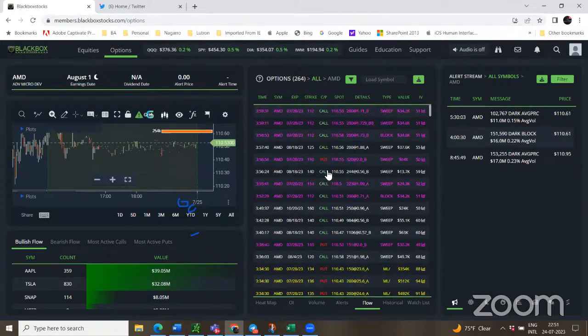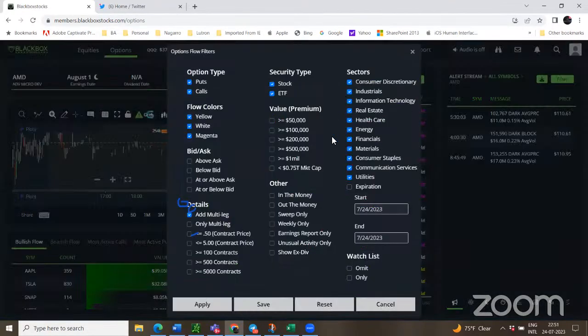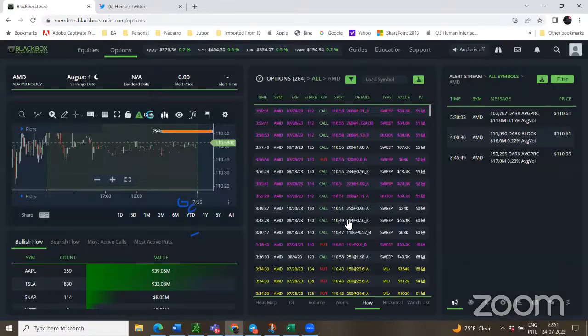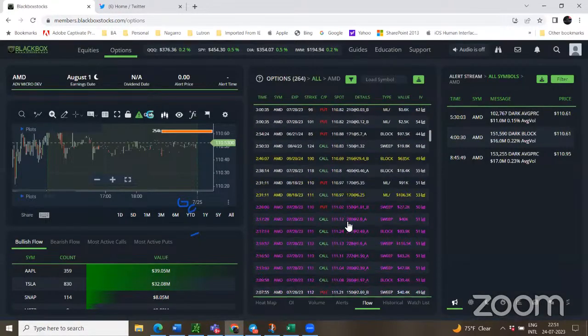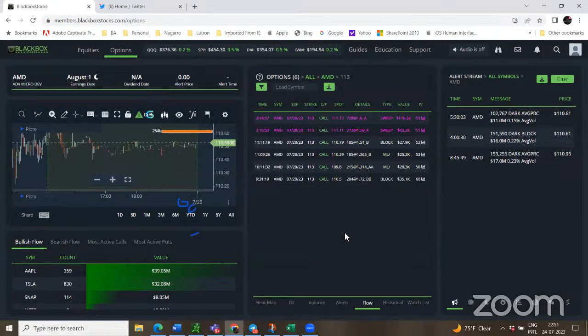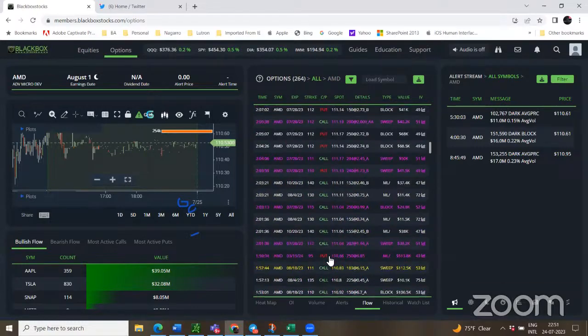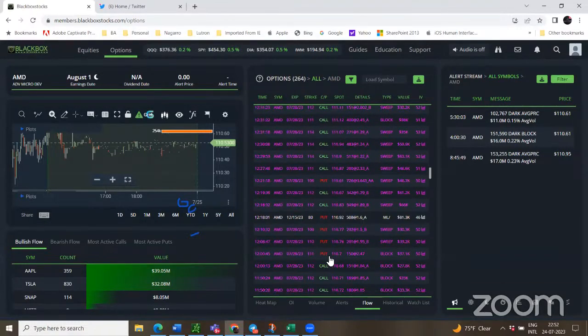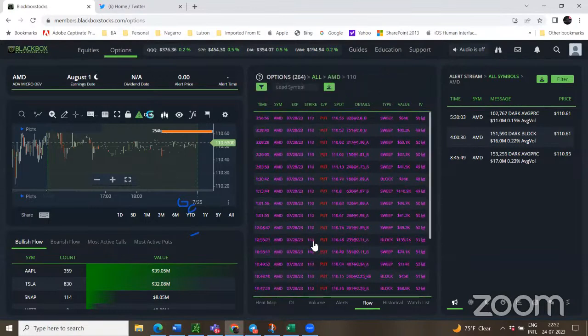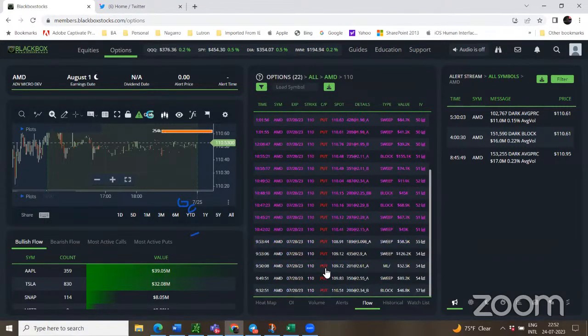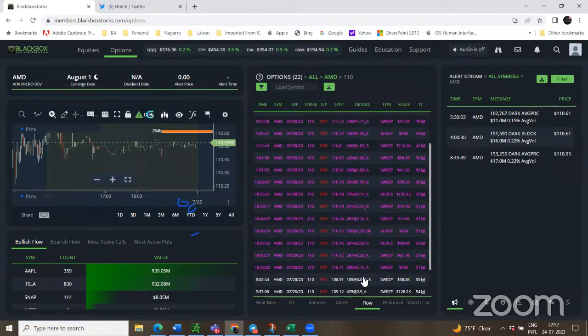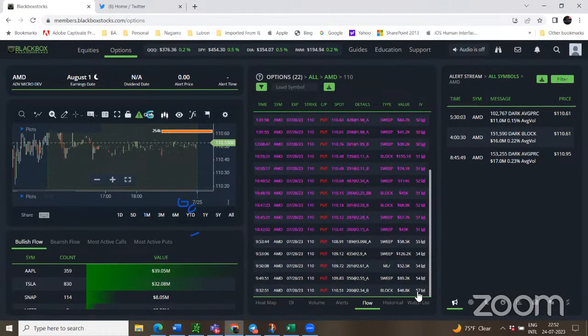Anything above 113 calls? Not much. $110 puts were sold. Yeah, that gives me some confidence. 110 puts were sold. It started from a 57